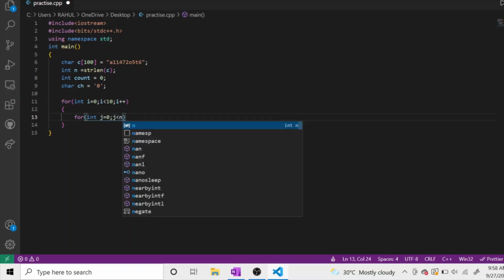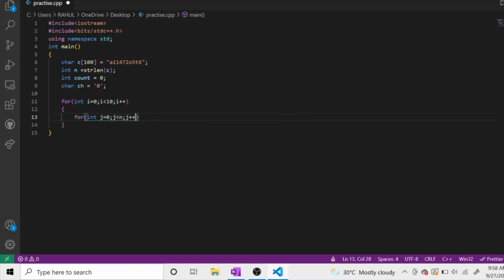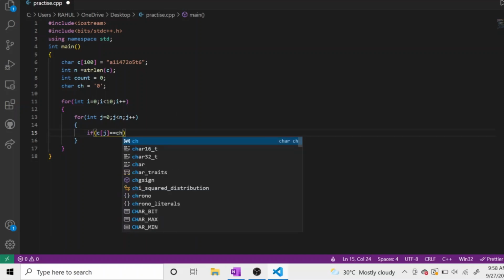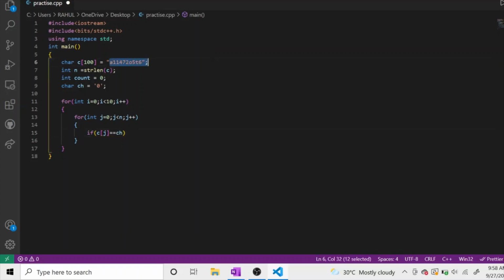So in the second loop we are traversing our array, and the condition that we have to put in this case is c of j, which means the character in the character array, we have to compare it with ch. The first time we will compare all the elements of the array with 0.